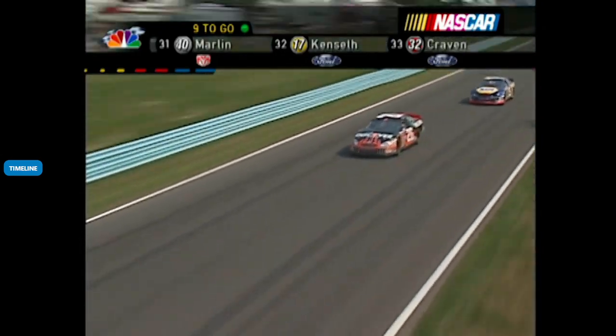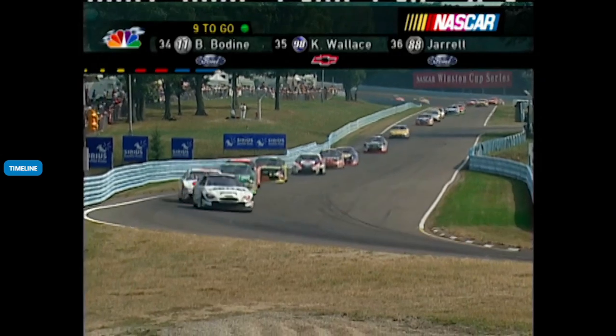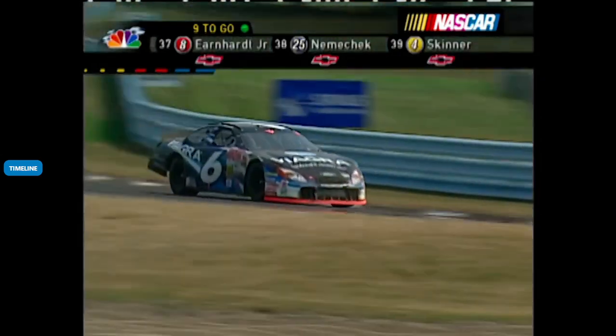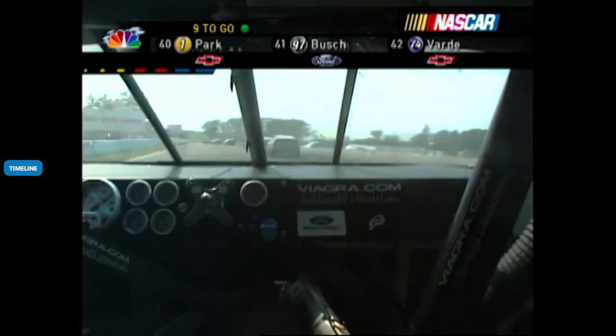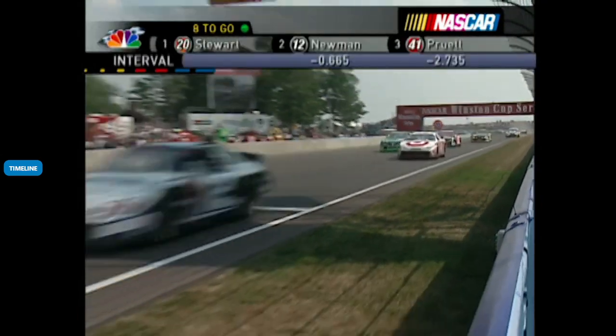All right, these guys are running out of time. Let's just mention a couple of other things. You got Mark Martin back in 10th place, just outside the top 10. John Andretti with a decent day in 11th. Jeff Green, so far the fuel has held up. He's running in 12th. And Boris Said, one of the road course invaders, up to 13th. But the pressure on the front